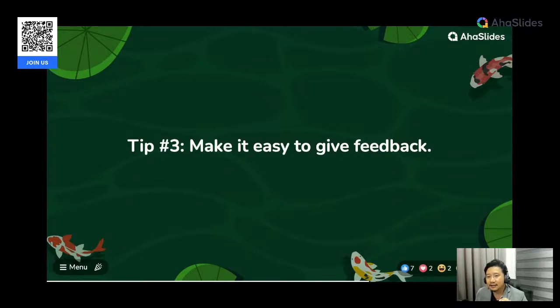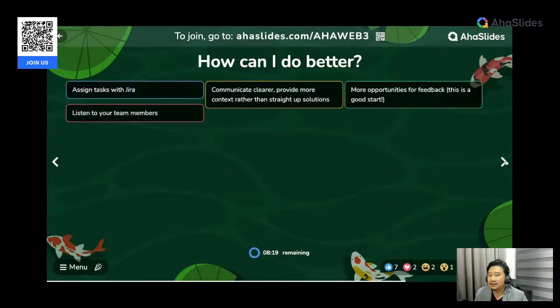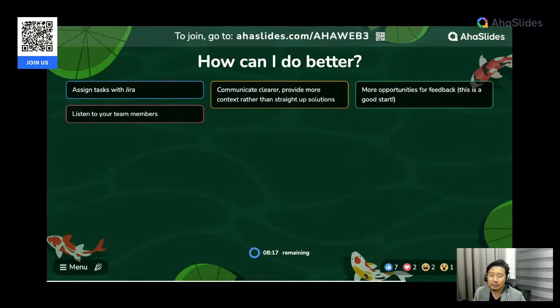I find this an amazing tool, which I could never have before. I didn't think you could do this with interactive presentation, but it's something that I try to do every once in a while, and this is the best question that I would like to ask my team, which is, how can I do better? So imagine it's a remote session, right? I'm having my meetings and I want to close out the meeting, and I say, "Hey team, thanks for the good work. I just want to know what I can do better."